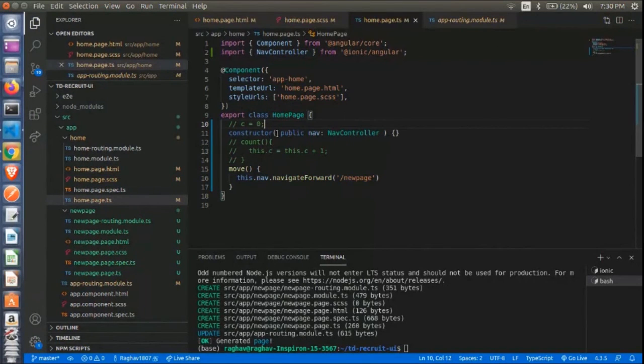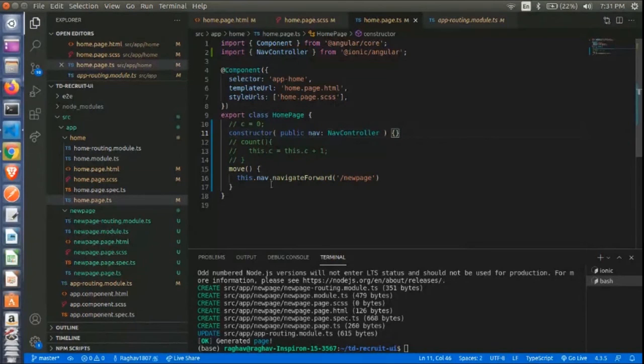We need to first declare the package as an object in the constructor. In the first bracket of the constructor, we declared public. Since it is public, we can use it anywhere in the .ts file, and then we give the name of the object that we want as nav, and then we specify the package name, which is NavController.